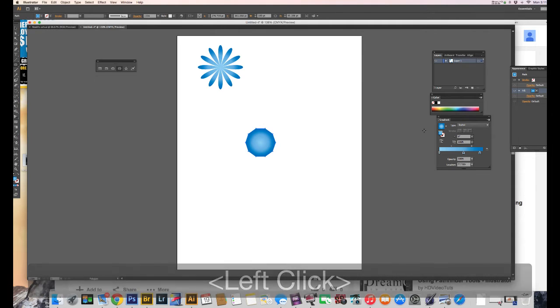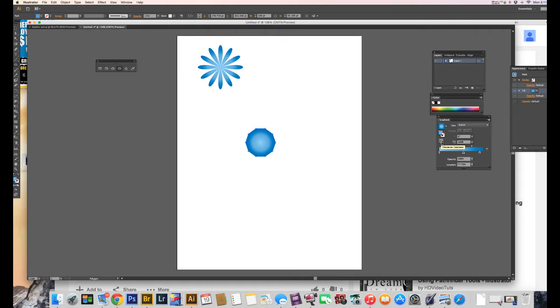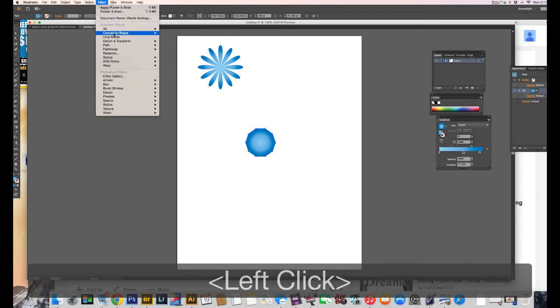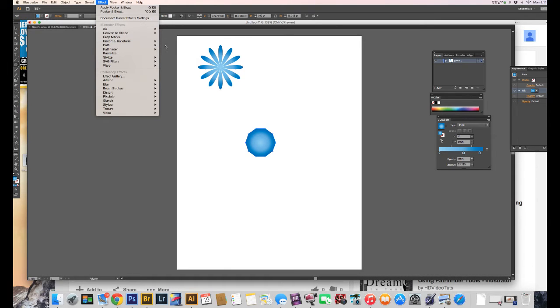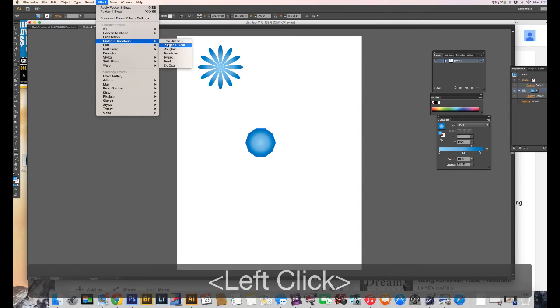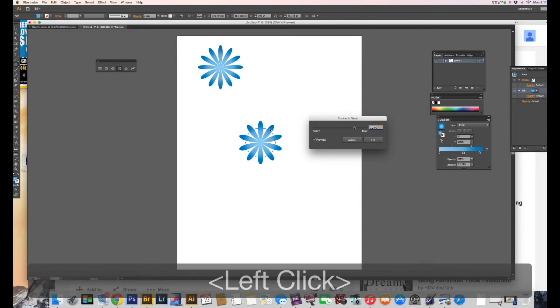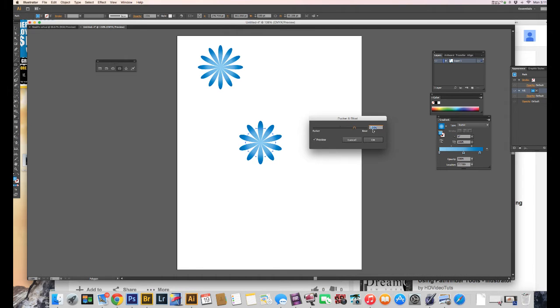There's my shape. You'll see that I already have a gradient applied to it. Now to pucker and bloat. I might struggle finding it real quick, but I think it's right here, pucker bloat. Okay, so it's one of those that's nested underneath everything. You got to go to Effects, Distort and Transform, and then pucker bloat. Select that. Okay, now instantly, because I have preview set and I already had it at 109%, that's what it